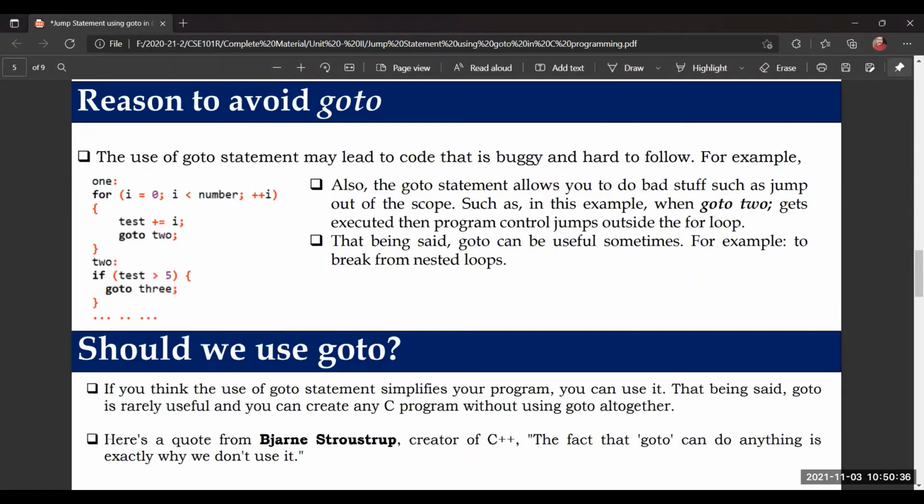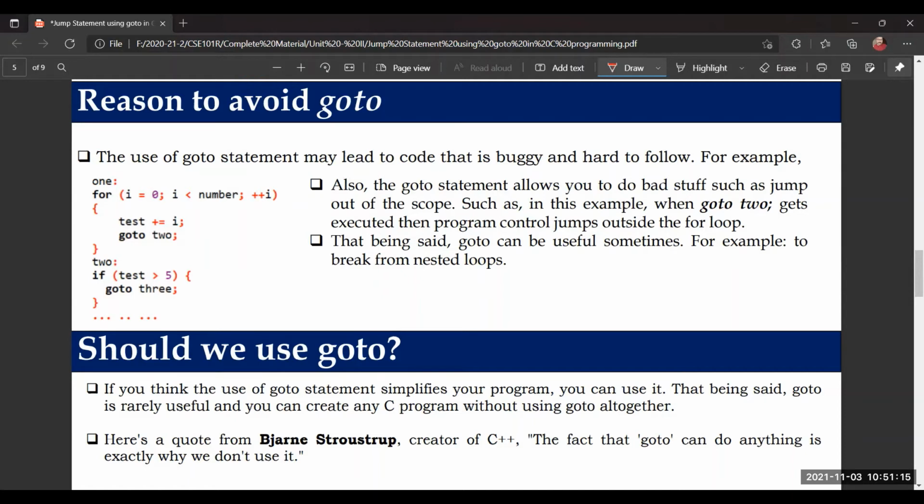Okay, a very important point now, a very interesting fact. We are seeing that goto is a very powerful technique. It can move from any location to any location. It can go in the backward direction. It can go in the forward direction. But if you look at the code readability, it is not easy here. Code understandability becomes complex. At some point of time, it will jump to some location, from one point to another location. So it is very difficult when you mix many labels with the goto statement.